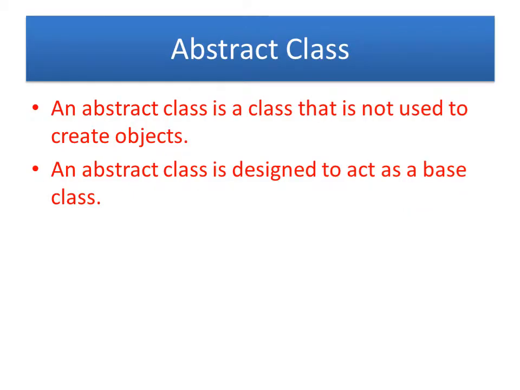Next, we will see about the abstract class. An abstract class is a class that is not used to create objects. Obviously, for the base class we will not create the object, so this class is called the abstract class. We'll be creating objects only for the derived class in inheritance, because anyhow the properties of all the base classes are going to be inherited in the derived class. So we'll create the object only for the derived class and not the base class. And the base class is always called an abstract class.